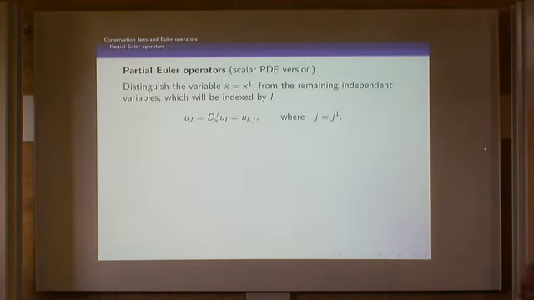Okay, so now I need to introduce partial Euler operators. A partial Euler operator is essentially an Euler operator, except that you only treat one independent variable as being the independent variable. All the others are regarded as temporarily other variables, which label the derivatives. Okay, so let's just have a look. I'm going to take my first